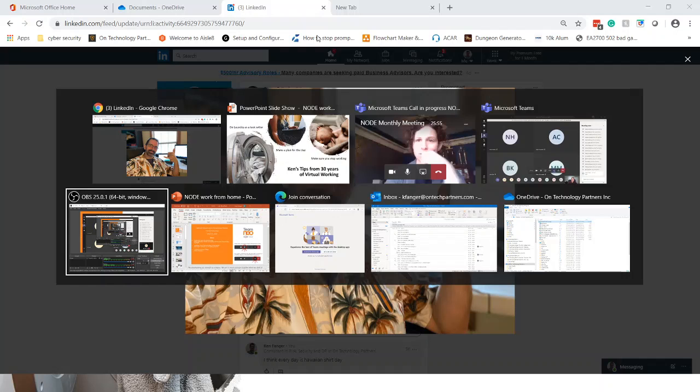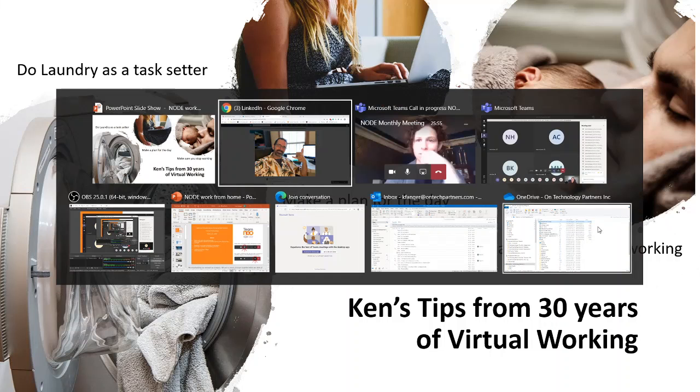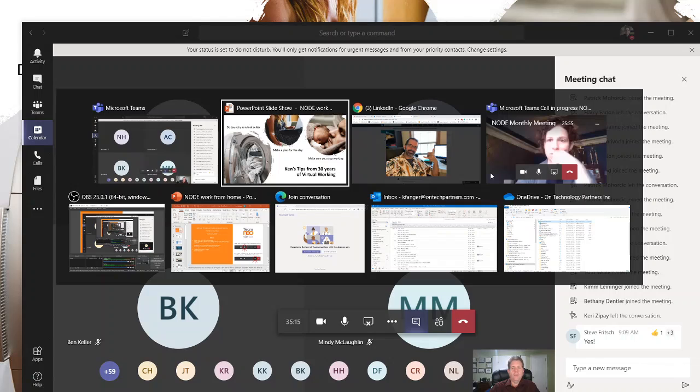So I want to take a moment before I go back into the PowerPoint and see if there's any questions on these tips or any other suggestions somebody might have. Any ideas on how to make work more productive that you want to share? Let's go over to here. Okay, well then, yes, Steve, I did have your picture. Okay, I'm going to move on from here